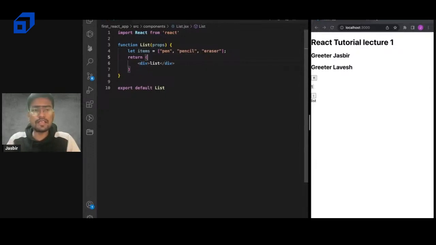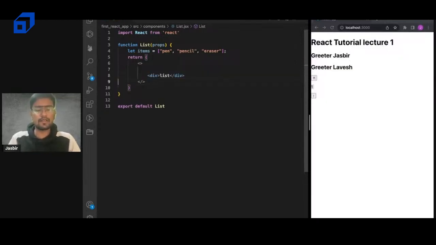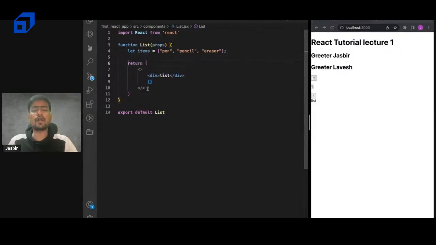So I can easily do it using these curly braces, because when it comes to JSX, this HTML that has a bit of curly braces is known as JSX, or this whole thing is also known as JSX, because we have JavaScript with HTML. So inside JSX, when you have to render something inside an HTML, the point is,